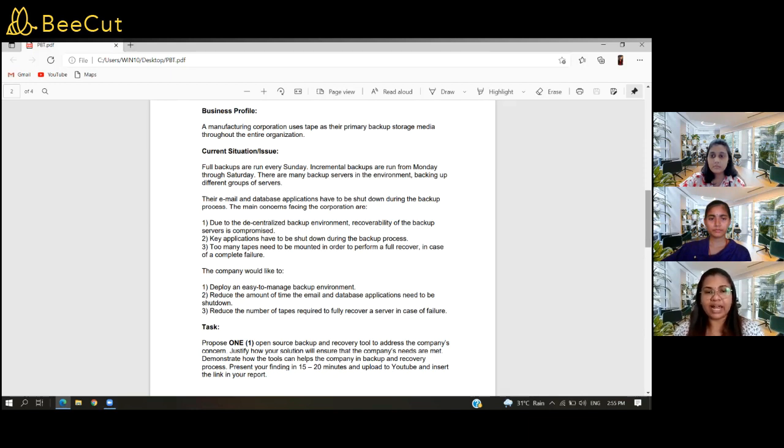The company would like to deploy an easy to manage backup environment, reduce the amount of time the email and database applications need to be shut down, and reduce the number of tapes required to fully recover a server in case of failure. The task given to us is to propose one open source backup and recovery tool to address the company's concerns.